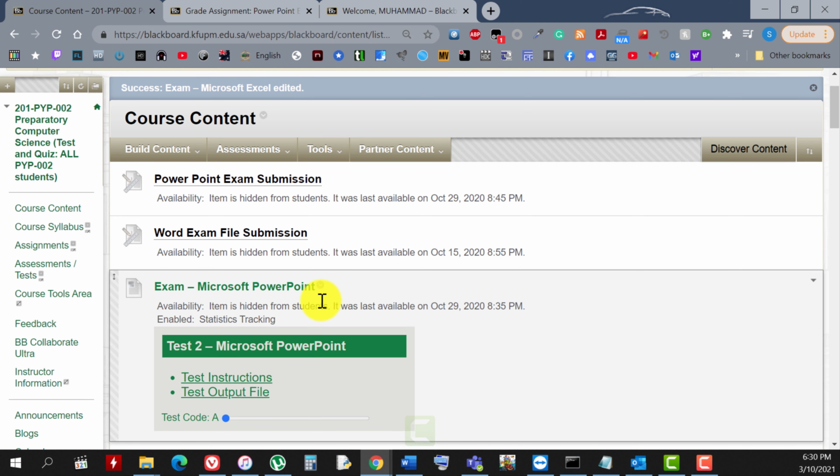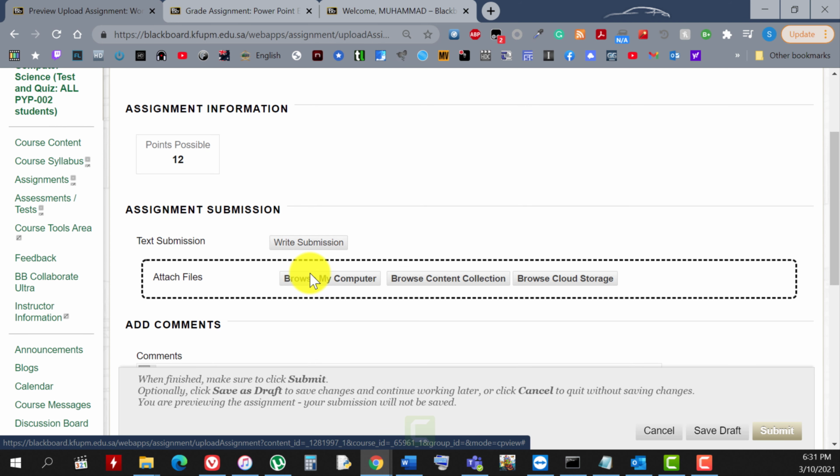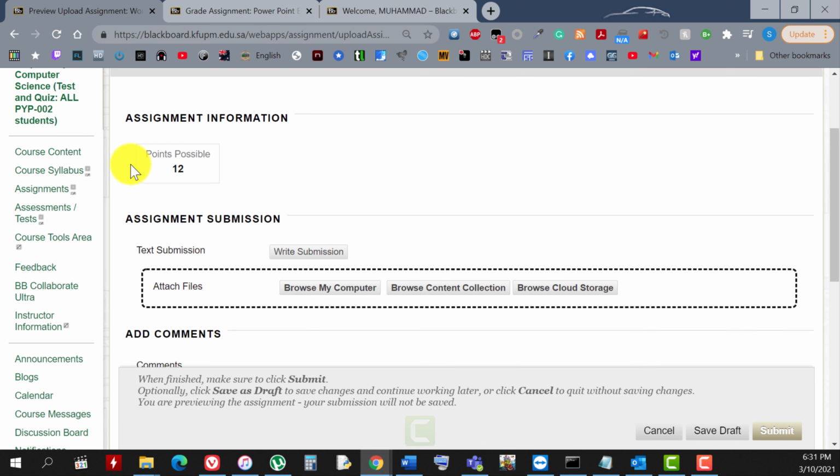And then as soon as you complete the Word exam, you have to submit the Word file in this Word exam file submission button. You will just click on that and then you will attach the file and submit. Similarly,